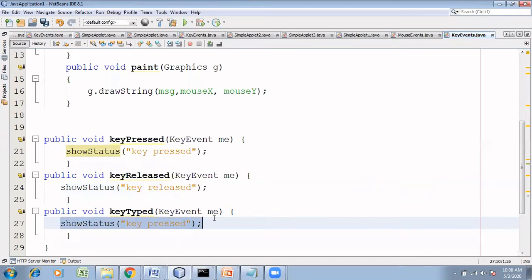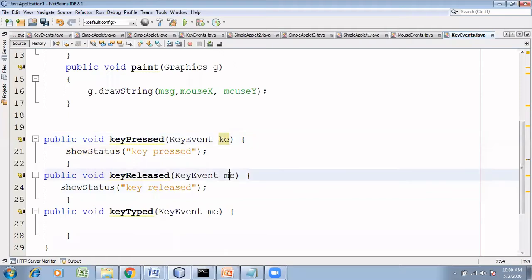it should show me the message. Whatever key I'm typing should be printed on the applet. To make it suitable, I'll just name it KE. You can have ME also, no problem. Right now, the message to be displayed is message. I will just concatenate: message plus equal to whatever key I'm typing.